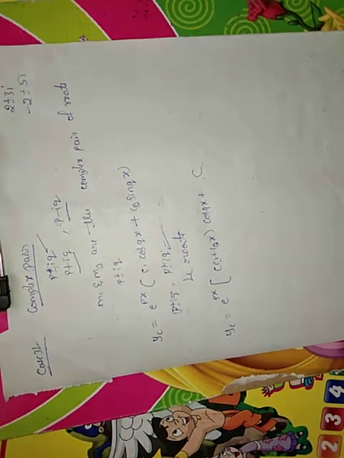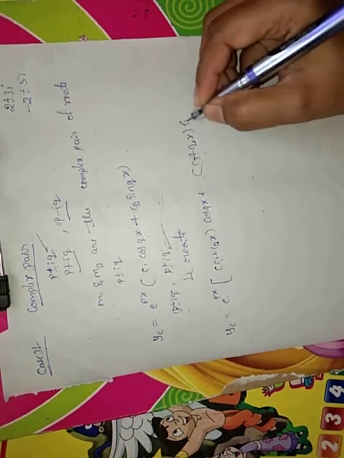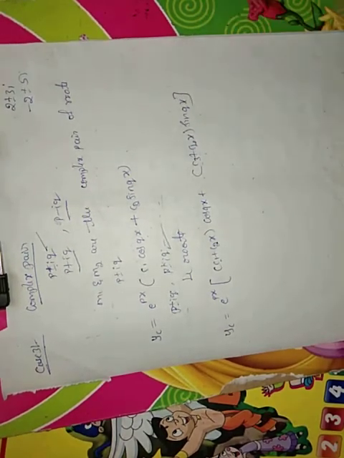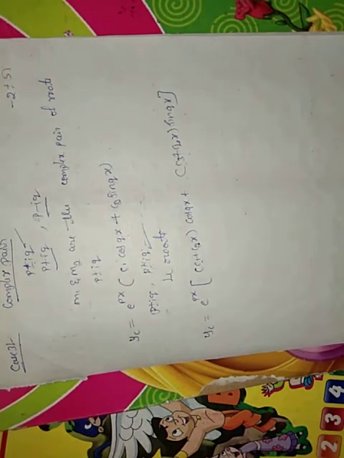remember one thing when you write the solution: don't repeat the arbitrary constants. You have to take distinct arbitrary constants here. So it is (c1 + c2x) cos qx plus (c3 + c4x) sin qx. That is your complementary function for the repeated complex pair of roots, and that is the way of writing the solution.